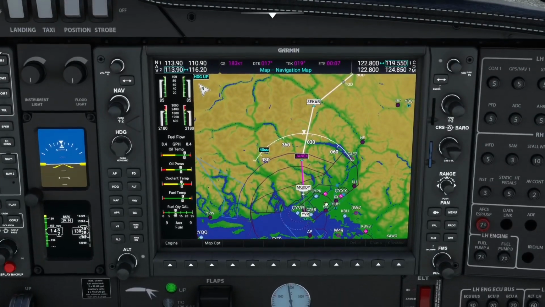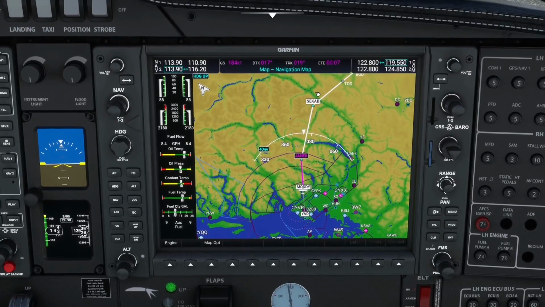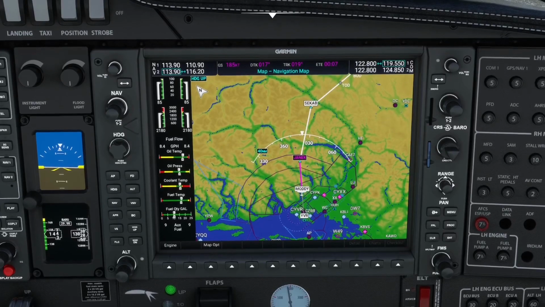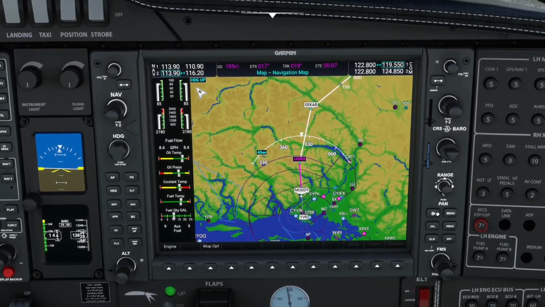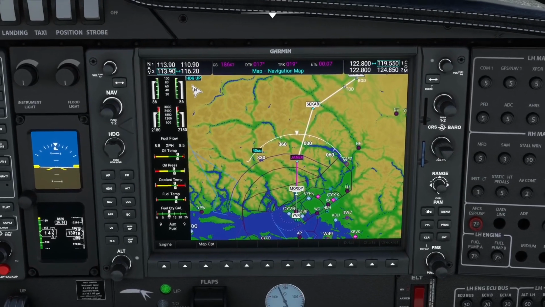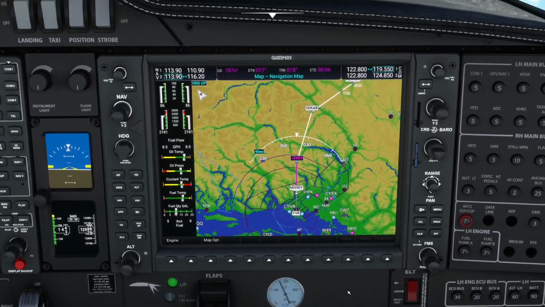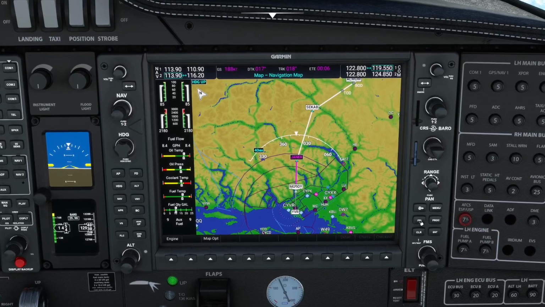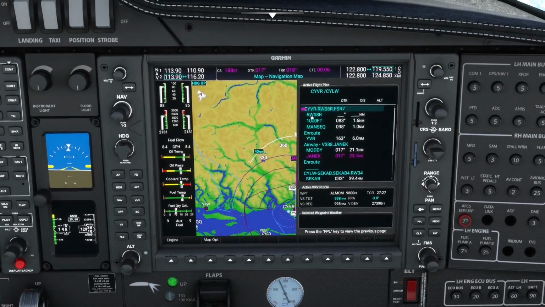So we're on our route. Right now we're still on the airway. Let's say ATC won't clear us direct to CCAB here. So the best way I found to do that is not just go right to the direct to feature here. Get a little bit of turbulence here over the Rocky Mountains. Best way I found to do that is to select the flight plan and